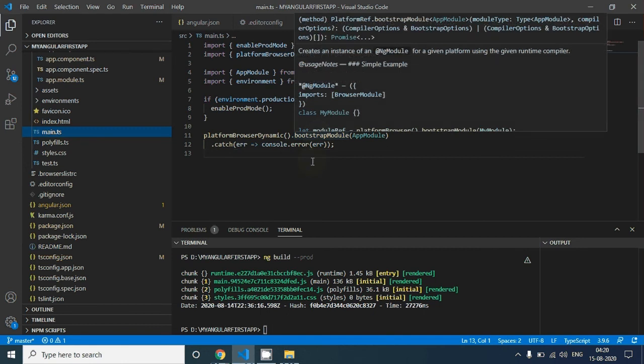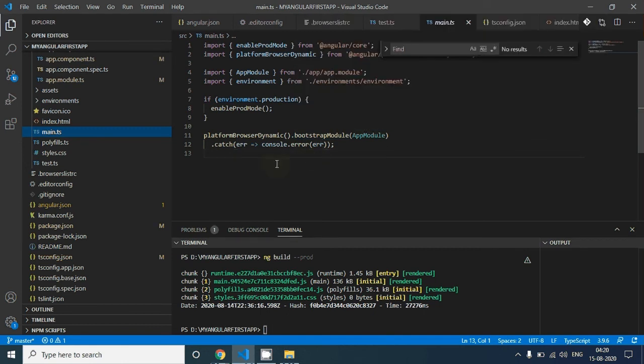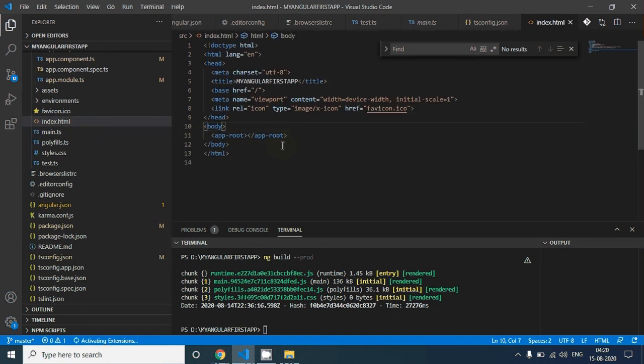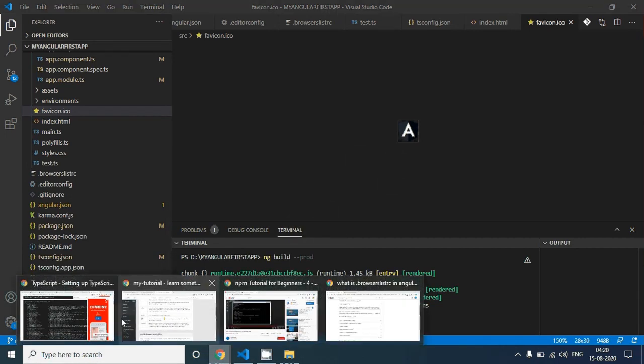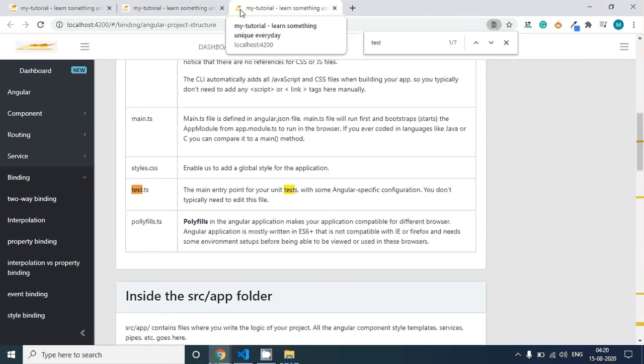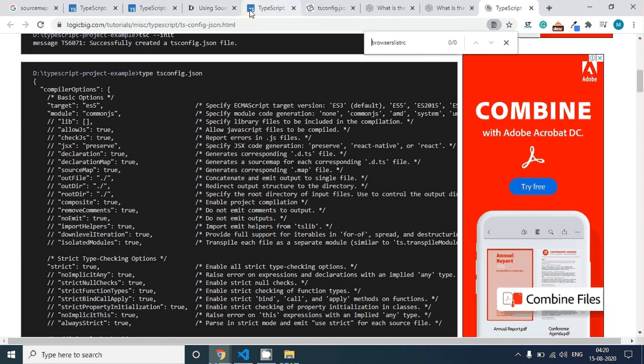The bootstrap of our application starts from the main.ts file that we will discuss in our next video. Index.html is the file that gets rendered on your screen. Favicon.ico. So these are the icons that get displayed on your title bar. Let's see this one. The image you see here is called the favicon icon.